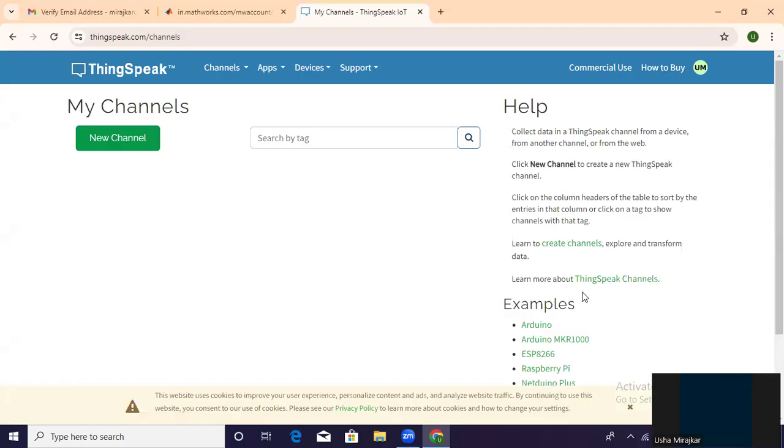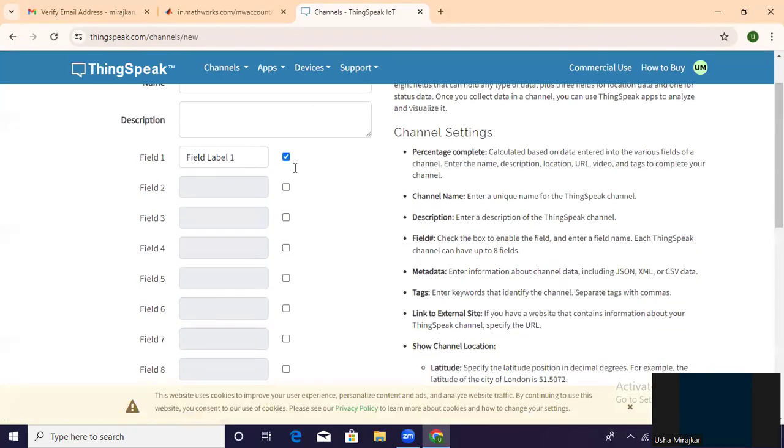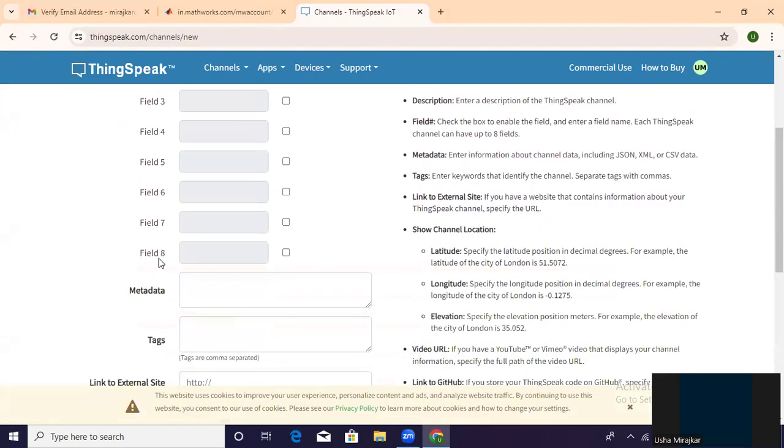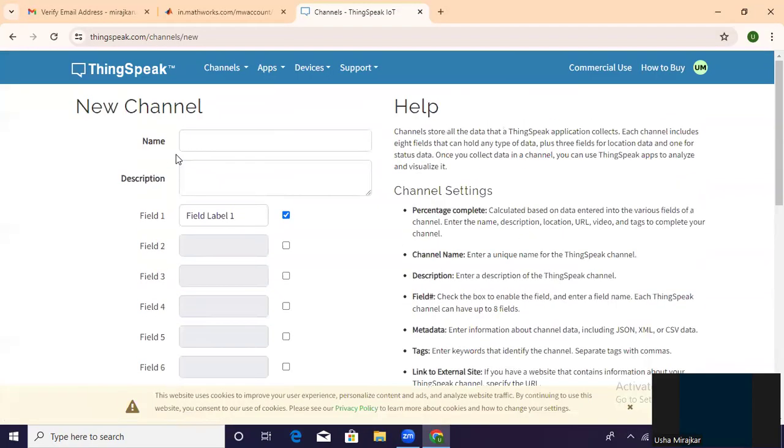Now we will see how we can create the channels here. New channel. Here, as you can see, we can create up to 8 fields. Now, name of the channel.